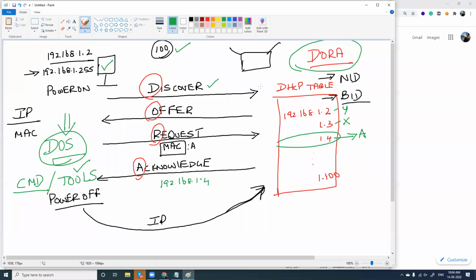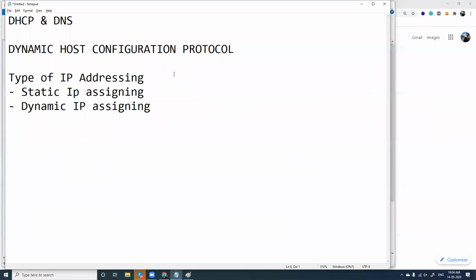Right? And we'll also see how to assign this, how to configure your modem, what to do, and we'll see this in Packet Tracer. And then I'll also show you with a real-time modem how to configure the DHCP table, what is SSID, what is BSSID. We have a lot of things to learn when it comes to wireless. Fine. So for wireless traffic and for dynamic assigning, the DORA process is the base, and this is an introduction to DHCP. In my sessions, I'll be targeting more on DHCP, DNS, and when it comes to security aspects, we have NAT, which we'll configure. We have ACL, which we'll configure.